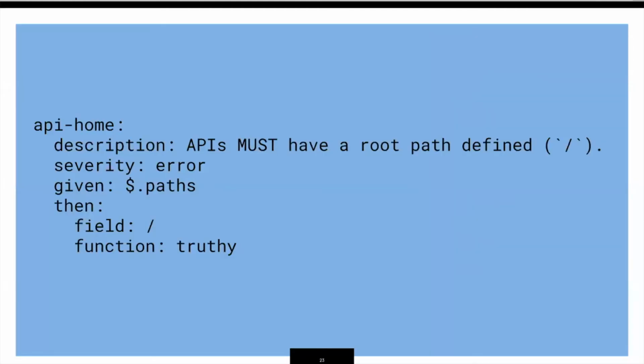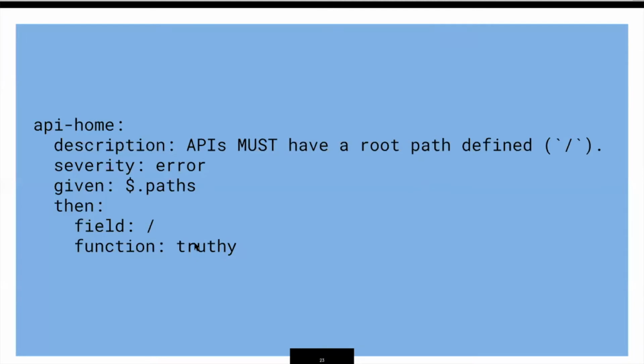But you can very easily write custom rules in your custom rule set that do focus on the content of the API. And so some of the rules we talked about before, maybe you need to have an API home. So this is a JSON path that happens to be describing the paths aspect of OpenAPI, just a coincidence, but JSON path, you can Google it to find the syntax, $paths, and then inside there will be a key called /, right? Because that's how paths work in OpenAPI, and function truthy says that should exist.